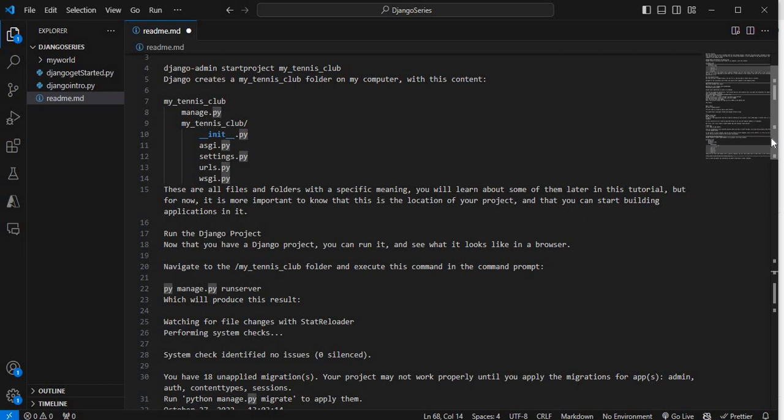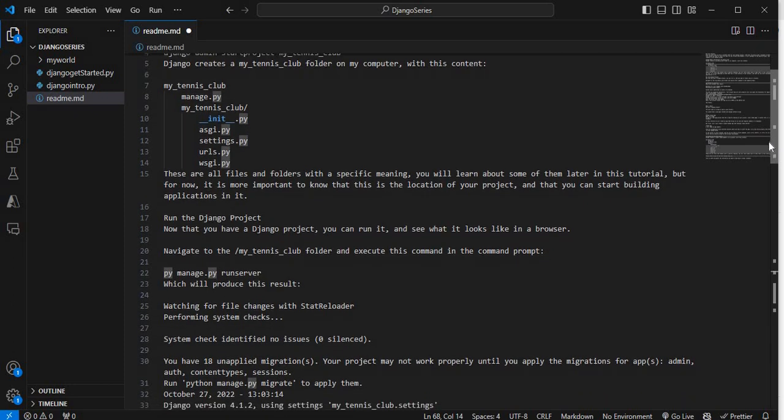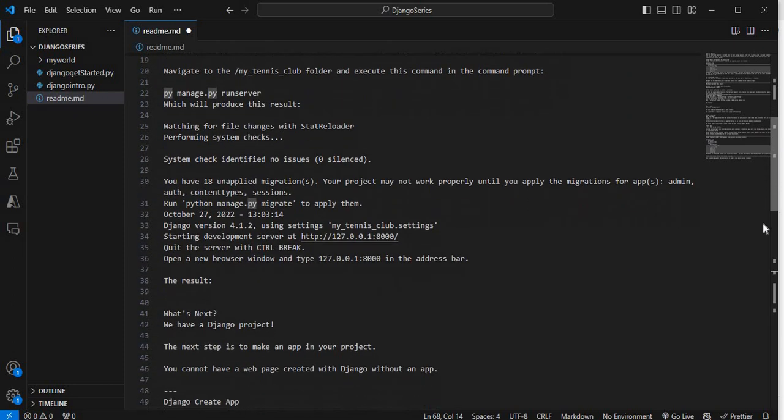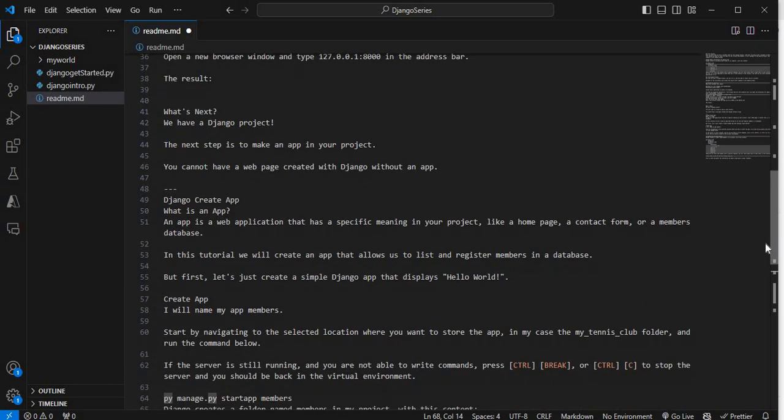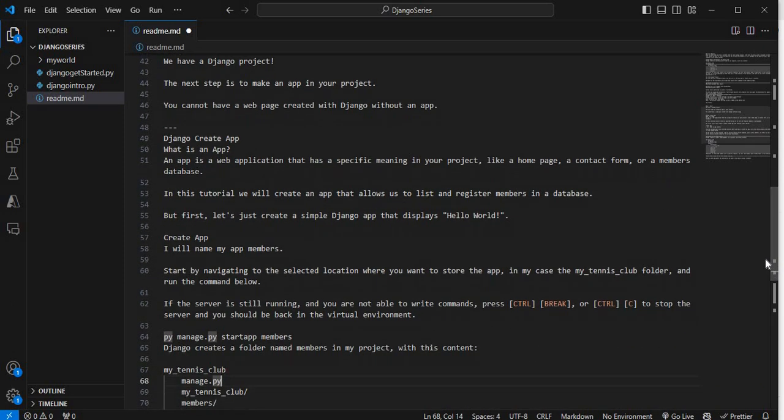If you did this, then you move to create an app. अगर आपने Django प्रोजेक्ट बना लिया है जो हमने लास्ट लेक्चर में कवर किया था, तो आज हमारा जो टॉपिक है वो है क्रिएट एन ऐप यूजिंग Django।